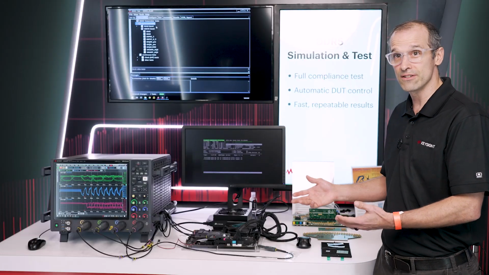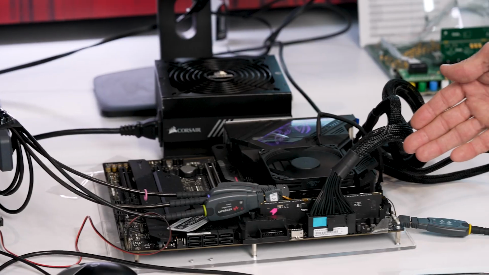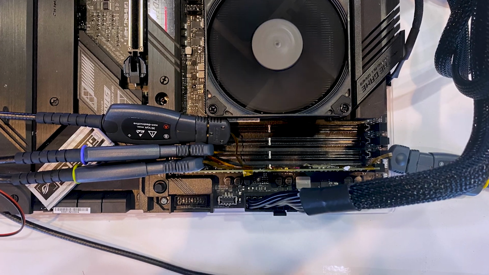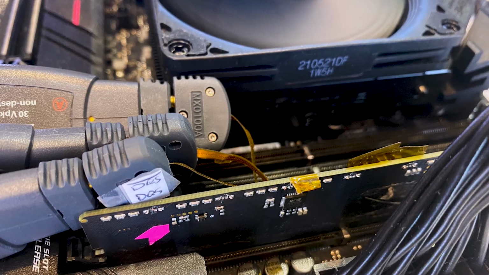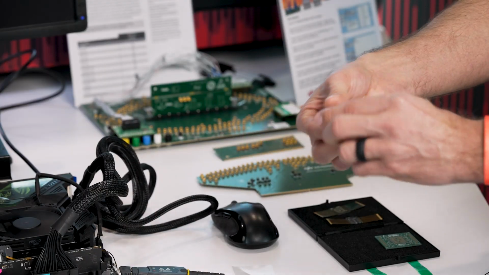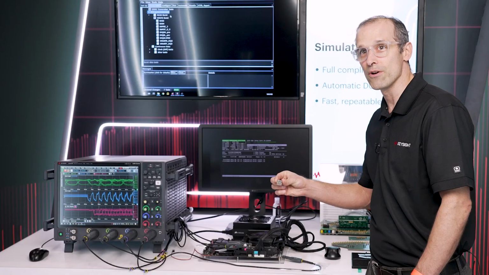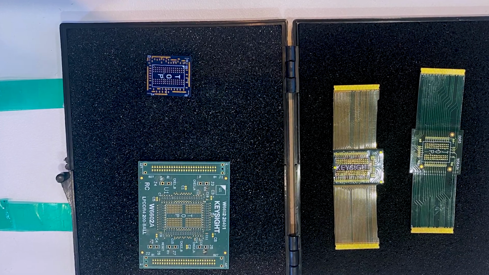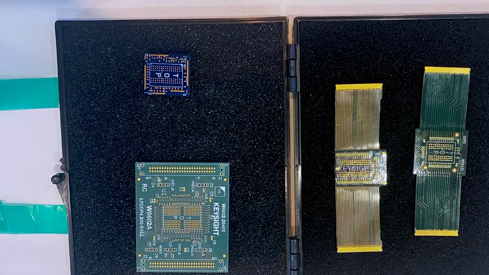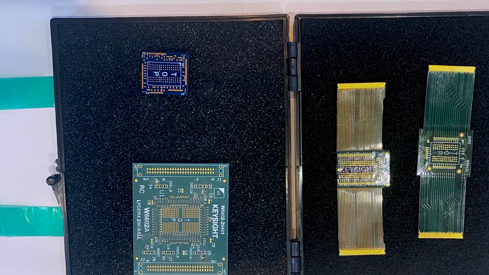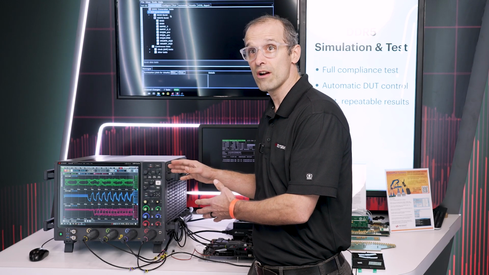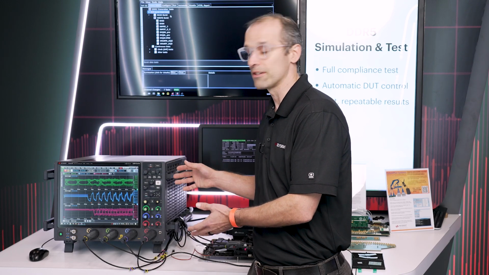Now this is an in situ measurement which we're showing with this motherboard here. The real secret to making this happen is we're getting the signals directly from the DIMM module, and this is done through a BGA interposer. This is a specialized fixture that sits in between the memory and the PCB board to allow signal access of our DDR5 signals.